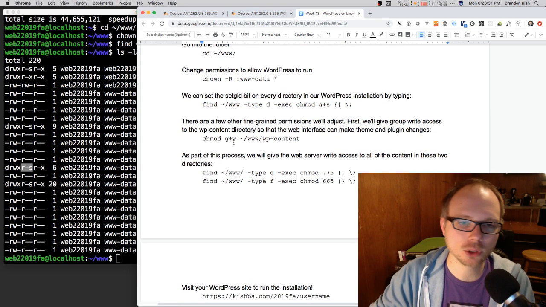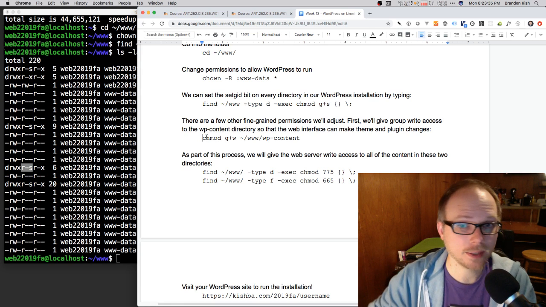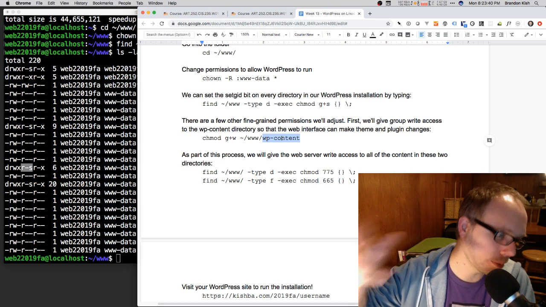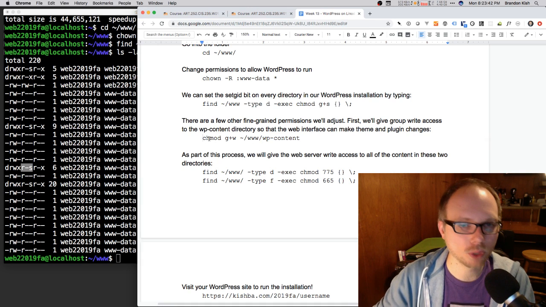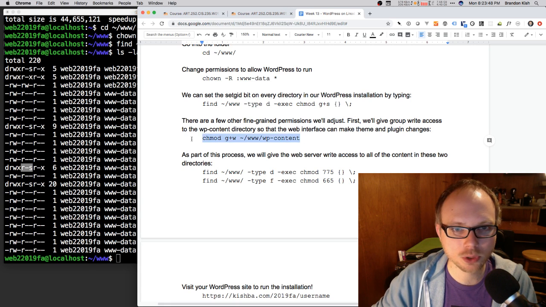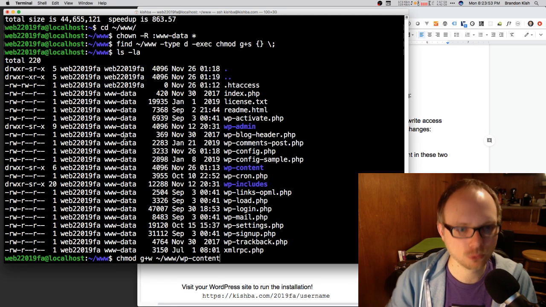The next thing that we have to do is give Apache, the web server, the ability to upload new content into this wp-content folder, and that's where your uploads are, that's where the upgrades are. So run this chmod command, which gives the group the write ability. That's what g+w means, and it's only in this one directory. It's not all of them. It's just the place where uploads go. So I'm going to run that in here,